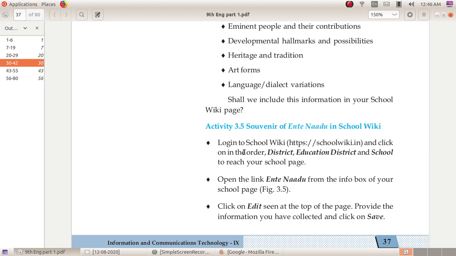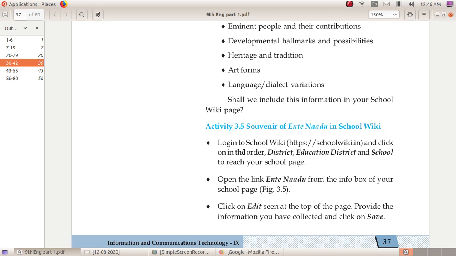You can search this data like Wikipedia and School Wiki on the internet. Those are the steps of the practical session.